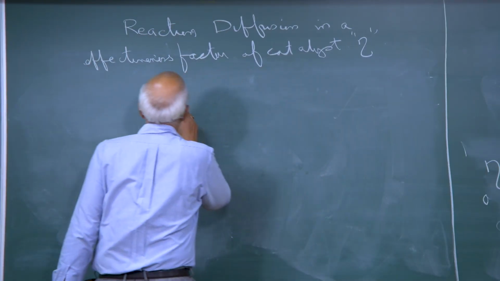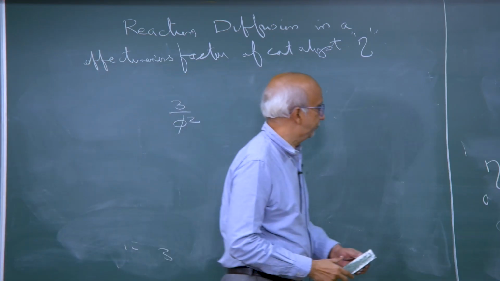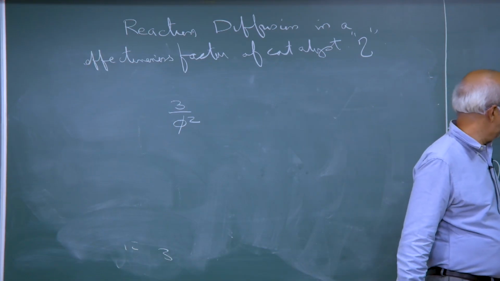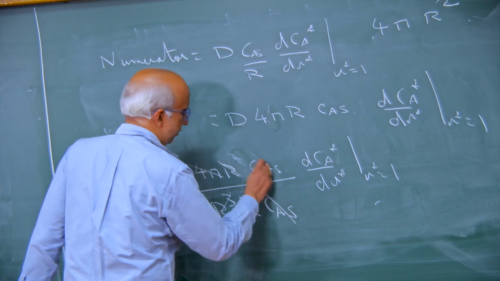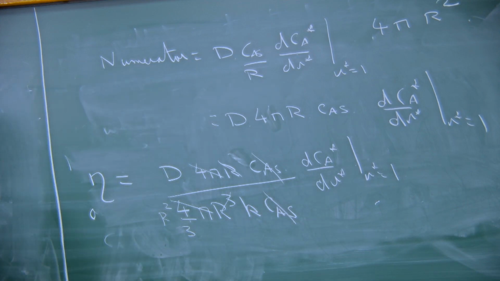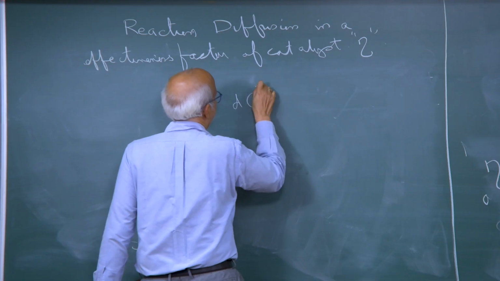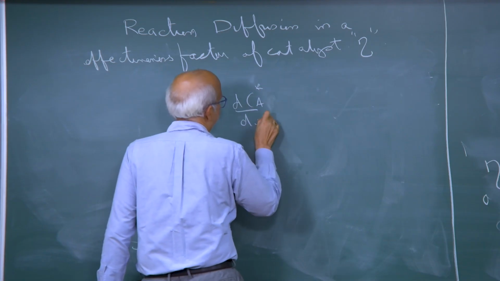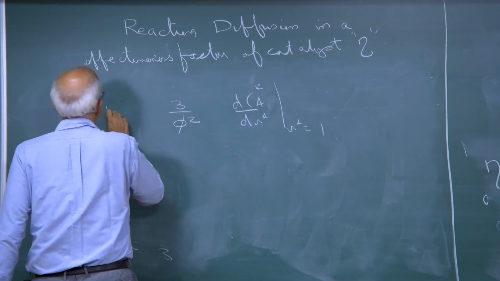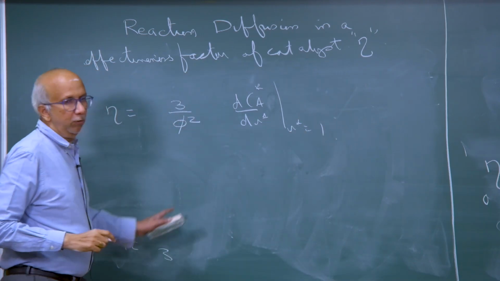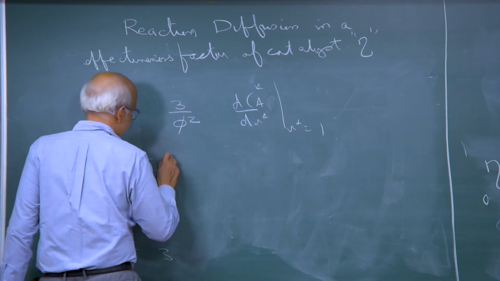So, I have 3 divided by phi squared, this 3 comes whatever, and the CS also cancels because of the first order reaction, and then I have dCA star by dr star at r star equal to 1. This is eta, but I know CS star. So, CS star was